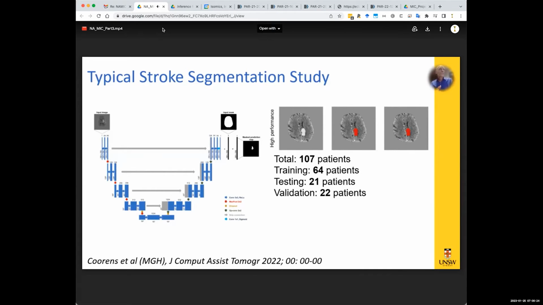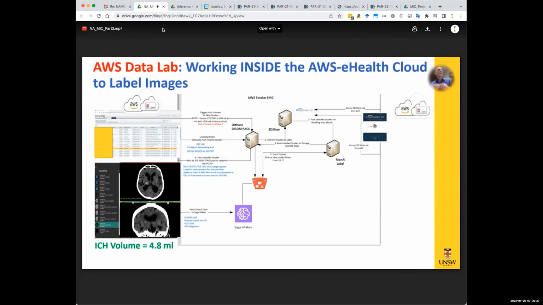And the reason they're going to go nowhere is they are just projects similar to what I've shown you today. They're offline, anonymized data, and they're not integrated into clinical workspaces. We recently participated in an AWS data lab where we actually implemented the MONAI Label solution inside our health network